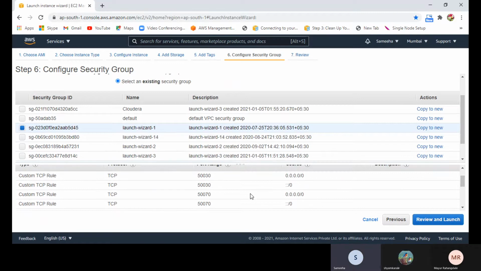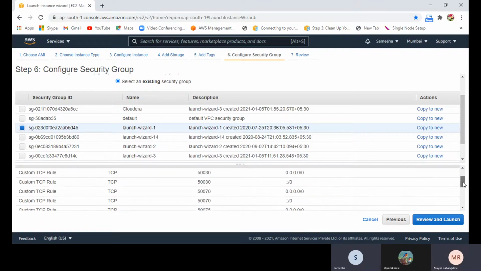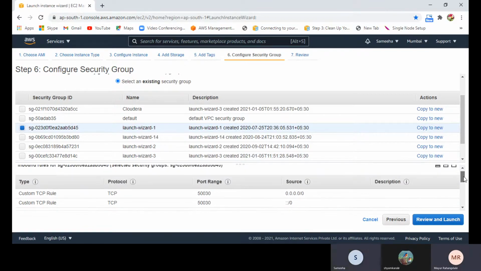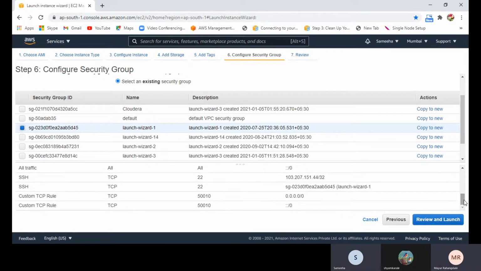I have opened TCP 5030 for the name node and all ports. You have allowed many ports, right? It is a universal security group. It can be applied to any cluster. It's a global one. Is it okay? Yes, it's okay.